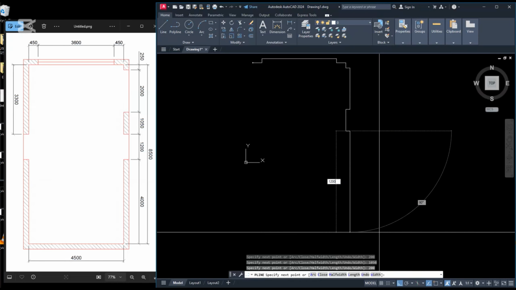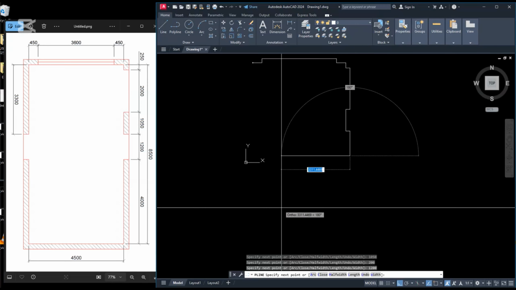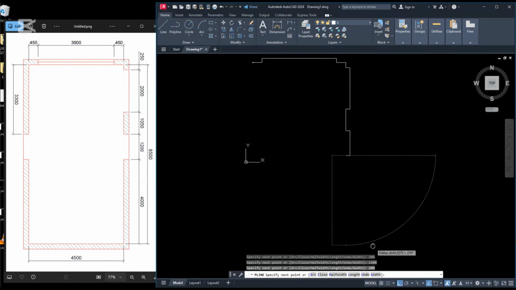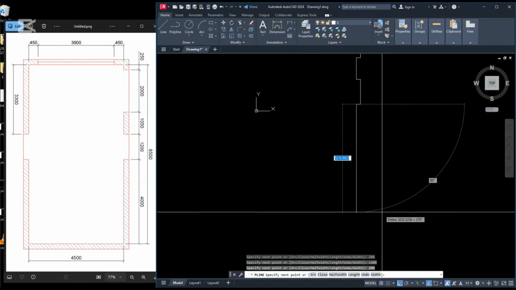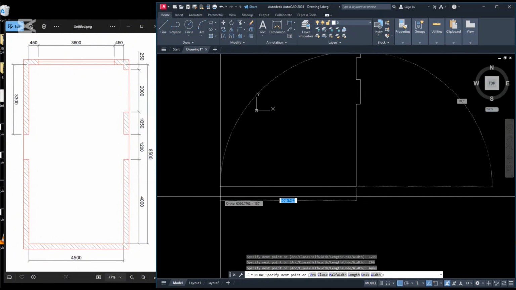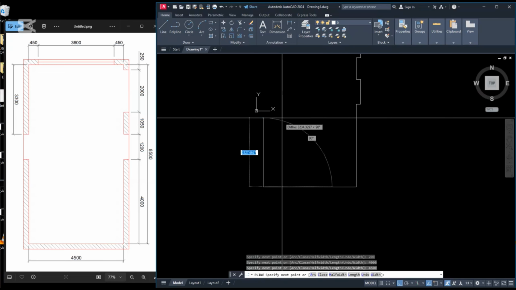Down 1200, enter. Left 200, enter. Then 4000, enter. Then going to the left, 4500, enter. Going up,